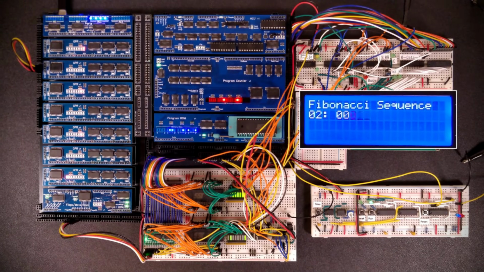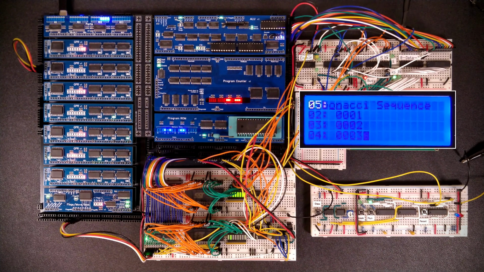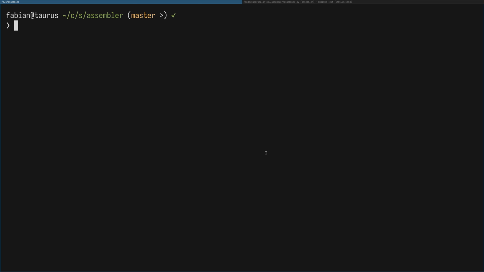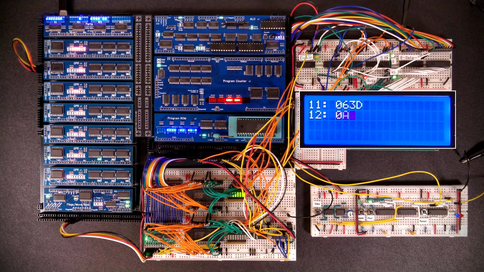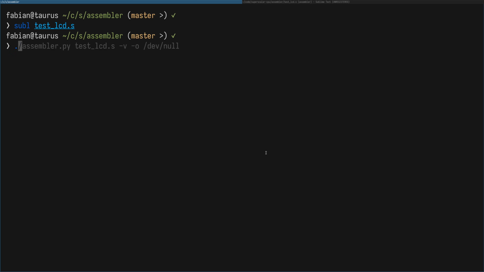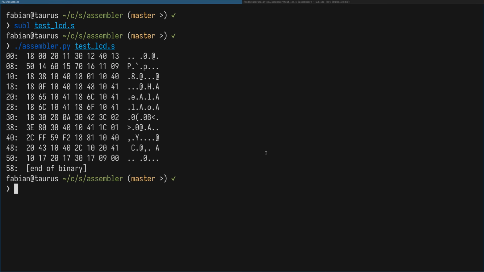As part of my project of building an 8-bit homebrew out-of-order processor, I've been writing this assembler here. This allows me to take programs like this, which prints some message to the LCD and makes use of the instructions that my CPU has, and run them through the assembler to generate the binary representation that my CPU understands. By default, this just generates a binary dump, but I can run the assembler in verbose mode, which will reproduce